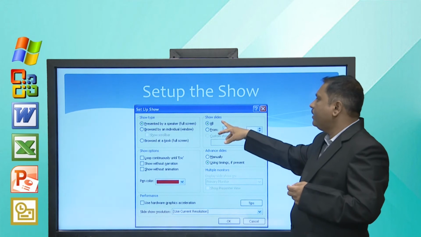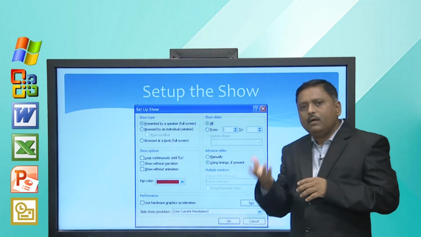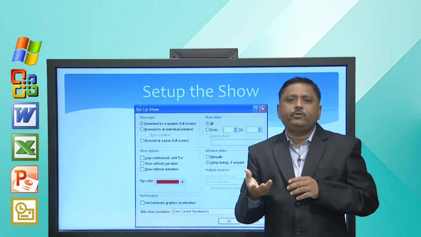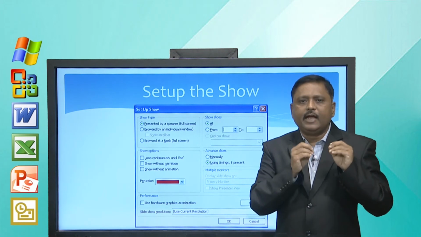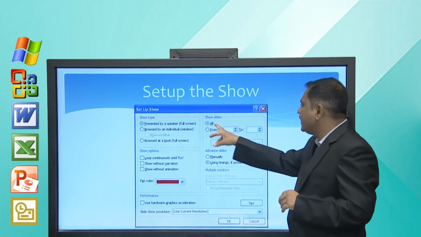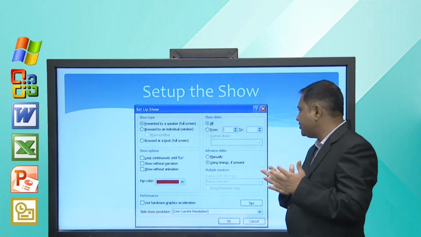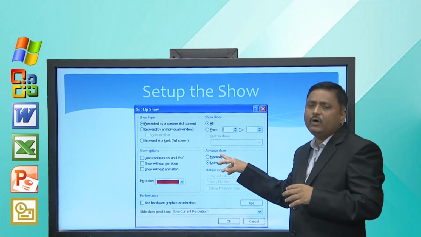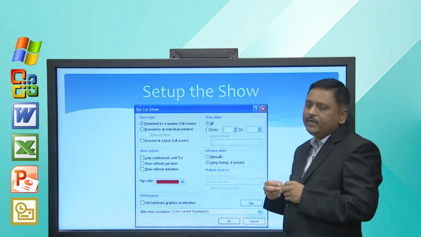And here we can decide whether we want to present all slides to the user or a particular set of slides, so you can decide all, or from 1 to, or between a certain range. And how you want to advance slides, manually or using timings if present.